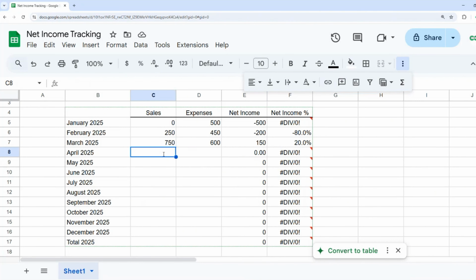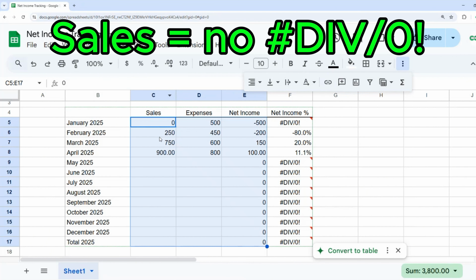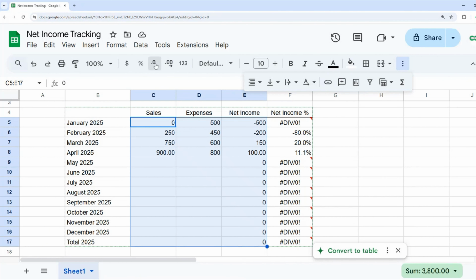Now let's go to $900 in sales. Say we have a lot of expenses. Let's say we have $800 this month. And you'll see that I have 11.1% net income to sales. So now you see that I do not have the error when there are sales, but I have the error